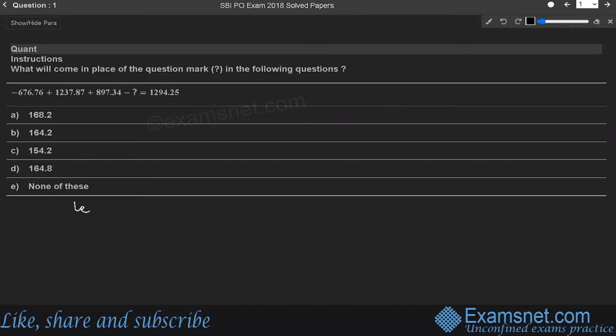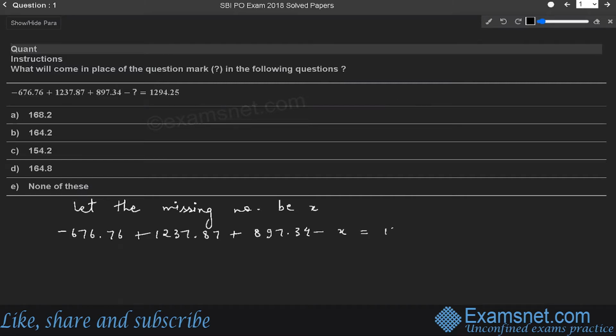Let the missing number be x. So it will be minus 676.76 plus 1237.87 plus 897.34 minus x is equal to